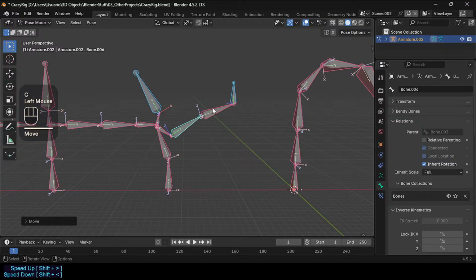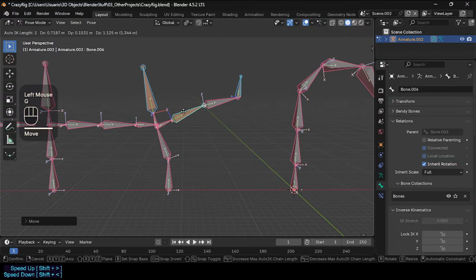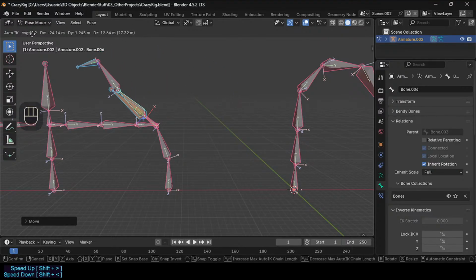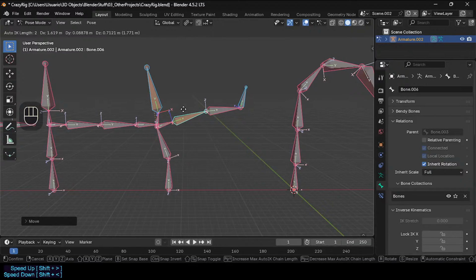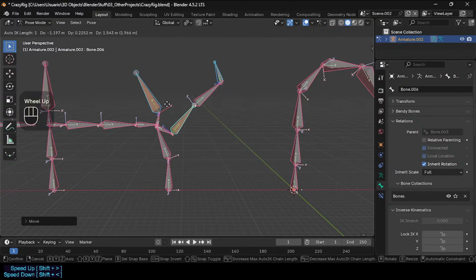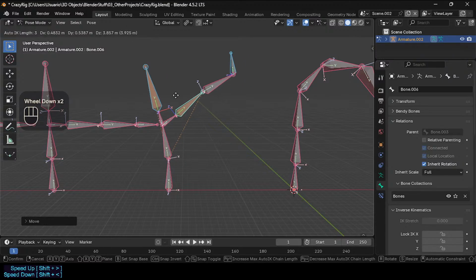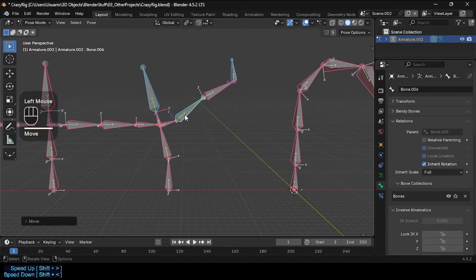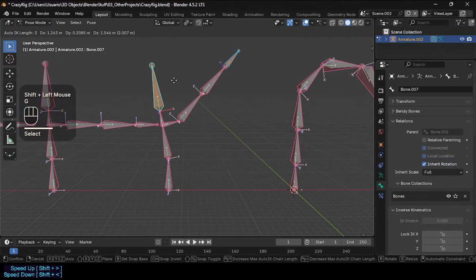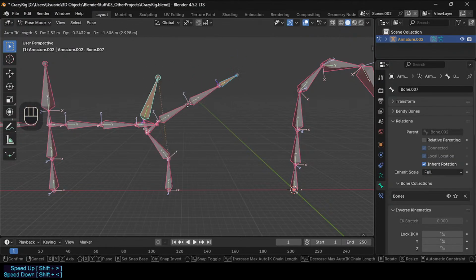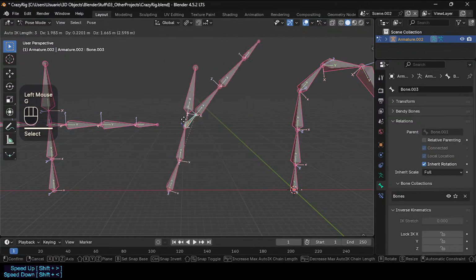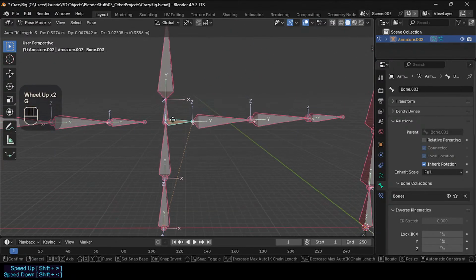But you see now, here everything is F key despite the fact this is selected, and here it's a bit difficult to visualize, but I have an Auto IK length of 2, and so the neck there is bending and the shoulder is bending. But now let's augment to 3. Because I have this bone selected, something weird is happening, but let's try. So you see that when I grab this bone,